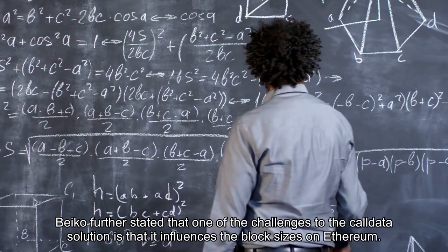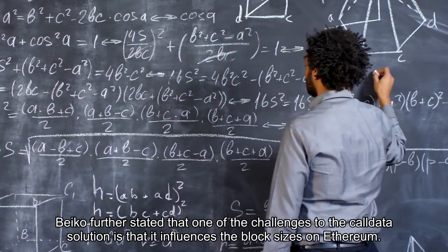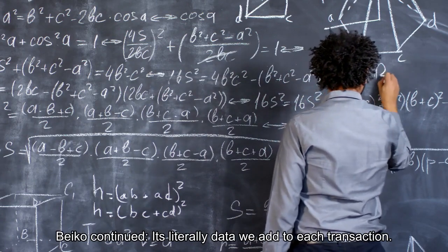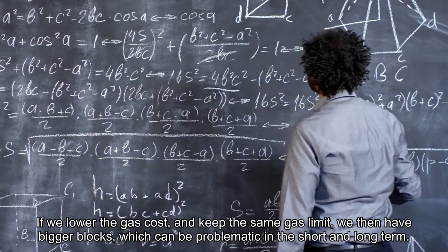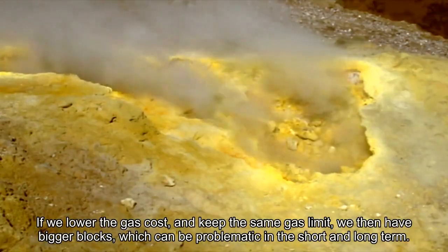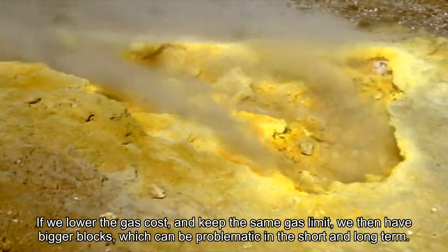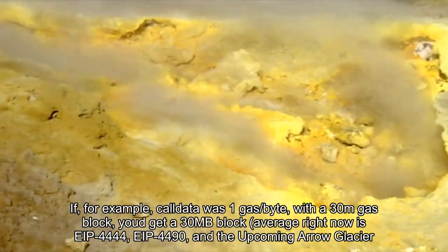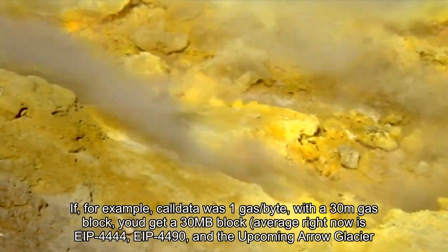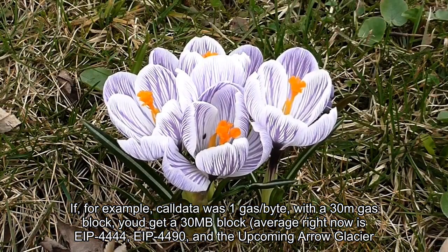Beiko further stated that one of the challenges to the calldata solution is that it influences the block sizes on Ethereum. Beiko continued, "It's literally data we add to each transaction. If we lower the gas cost, and keep the same gas limit, we then have bigger blocks, which can be problematic in the short and long term. Short term, it increases the worst-case block size. If, for example, calldata was 1 gas/byte, with a 30 million gas block, you'd get a 30 megabyte block. Average right now is